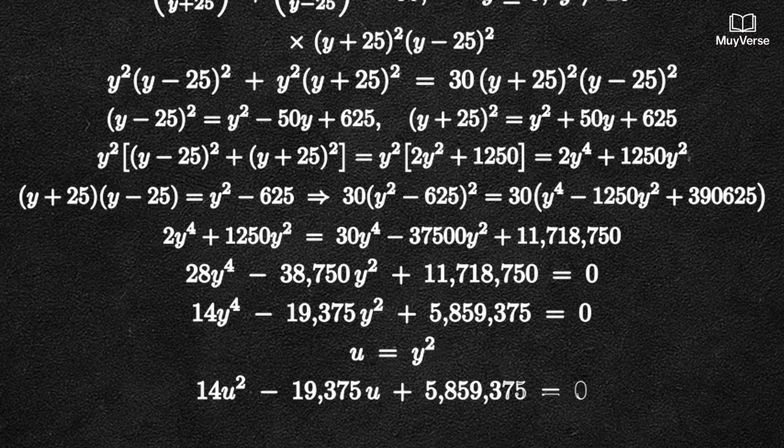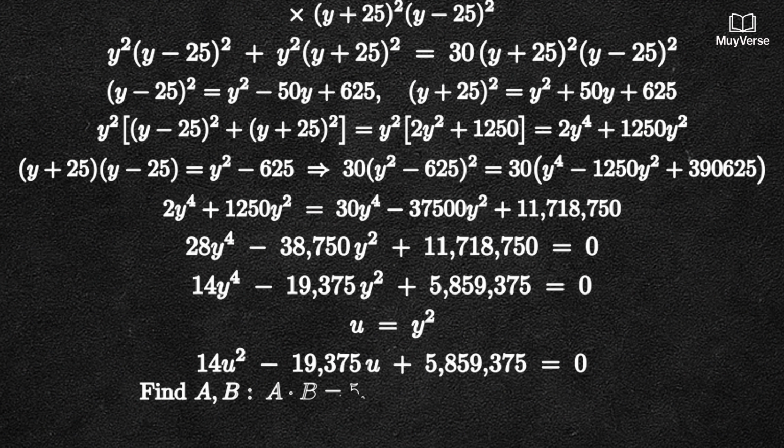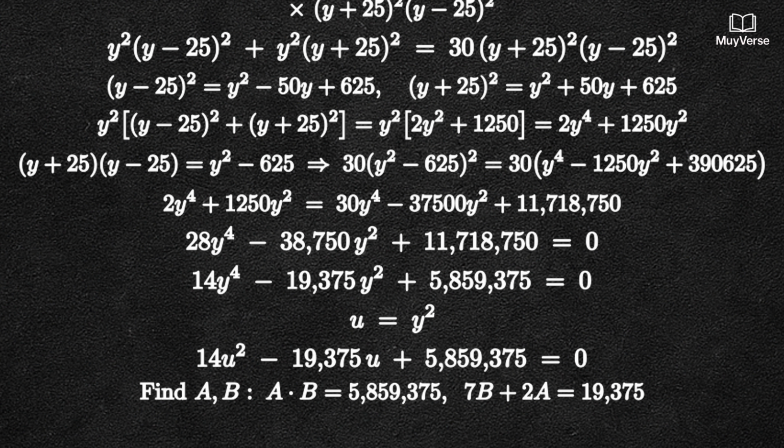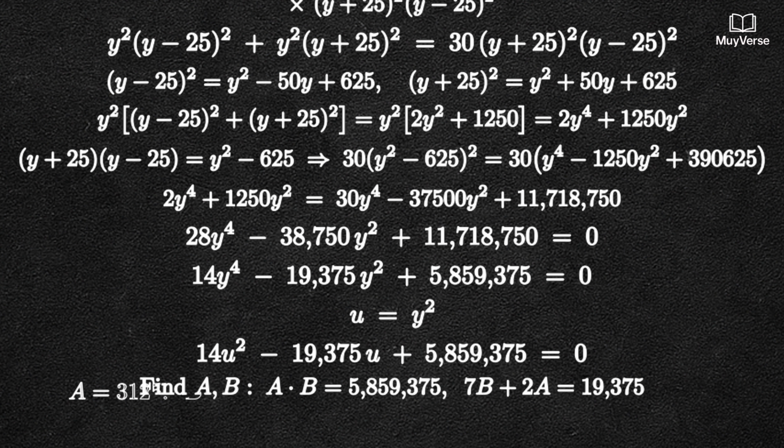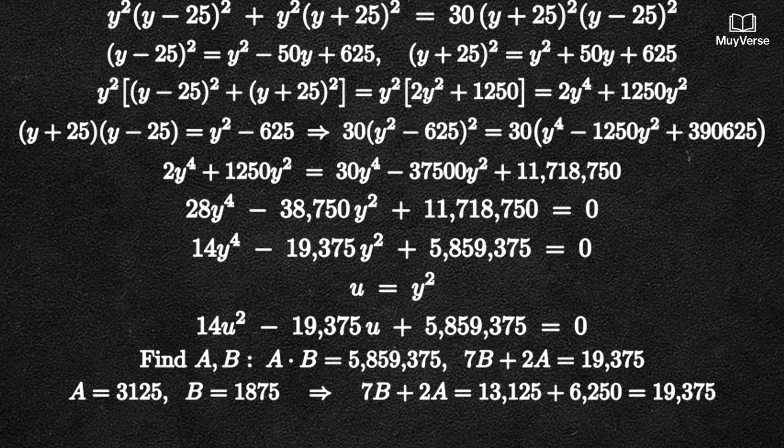14u squared minus 19,375u plus 5,859,375 equals 0. We will factor without using the quadratic formula. We seek integers a and b such that a times b equals 5,859,375, and 7 times b plus 2 times a equals 19,375. Using prime powers of 5, we find a equals 3,125 and b equals 1,875. Indeed, 7 times b plus 2 times a equals